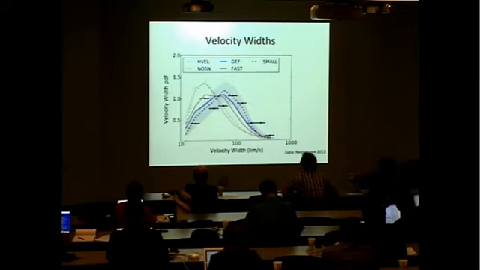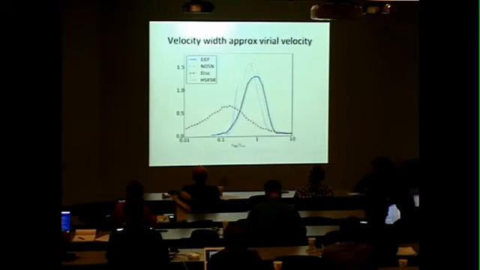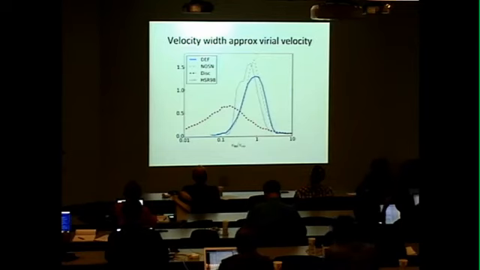You might want to ask yourself, even though on average the velocity width and the virial velocity are about the same, for individual halos, how do they correlate? And the answer is relatively well. So this is the velocity width divided by the virial velocity, and you can see that it's centered on 1 for my preferred model, but it has a very large scatter. Partly, this is just because if you happen to intersect a halo offset from the center, you'll only see a partial part